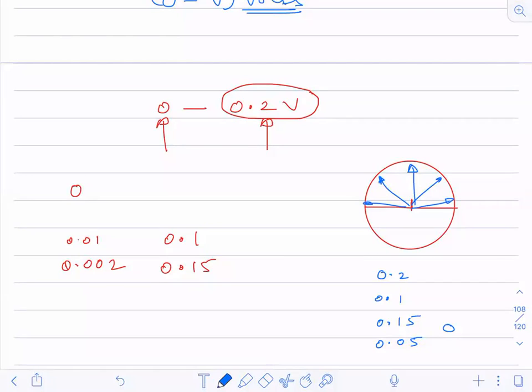If for every reading it is giving you full deflection, then how will you be able to determine it? So range means what? From 0 to 0.2, it is made. At 0.2, it is showing you the full deflection. Suppose you connect it with a battery of 0.1, then it is not showing you the full deflection. Understood? Anybody else? Any other doubt? Okay.